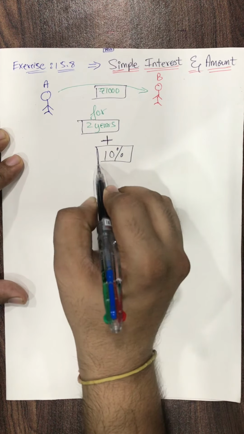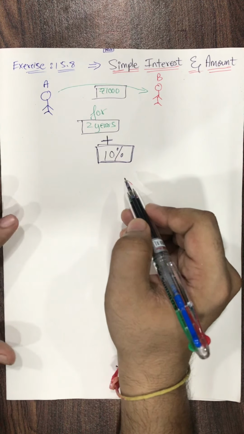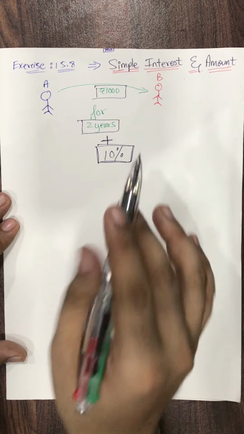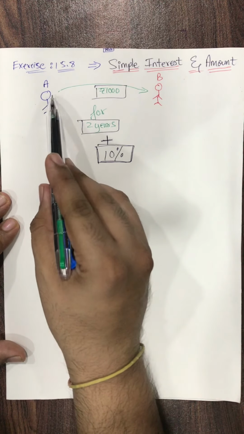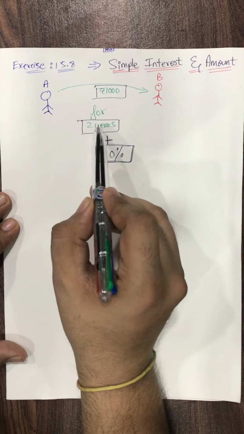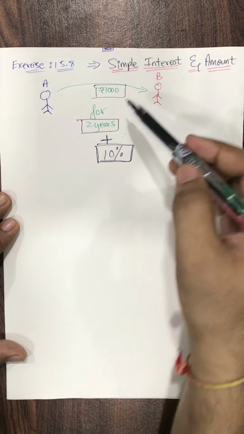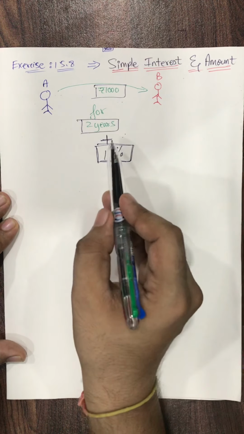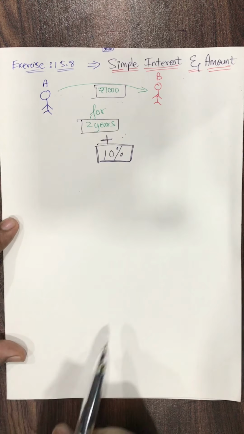Students, I know you must be finding something weird in this terminology. I'll explain carefully, but just pay attention. What's the story so far? A gave 1,000 to B for 2 years. When B was going, A said that after 2 years you need to pay my 1,000 back plus 10%, because I need some extra money. There is no friendship in money.